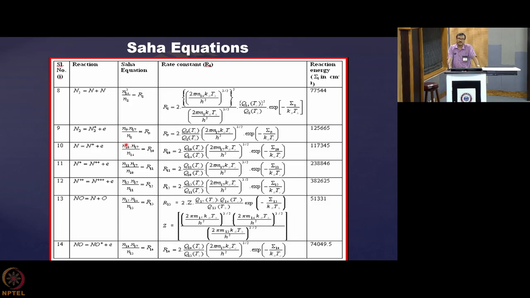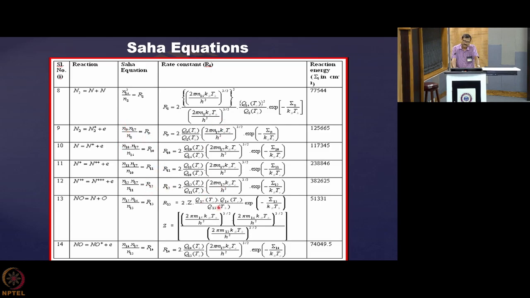Next, it comes that when you are going for this molecular gases, and for that actually those ionization equations, they are not exactly like the one that you have seen in the case of argon. They become a bit complicated, but through Gibbs free energy minimization you can derive all of them, and some of them look like that, and that we have explained in our regular classes. So, you need to remember that the psi equations can be derived from the Gibbs free energy minimization, and their form looks like this. So, basically they are left hand side, they are all the ratio of number densities, and on the right side this is the rate.